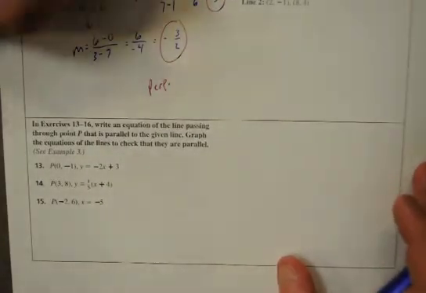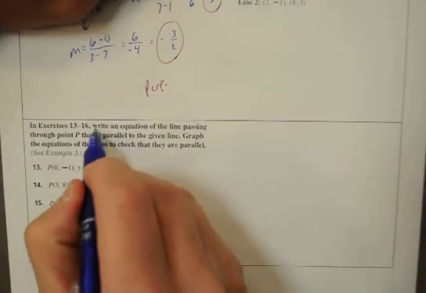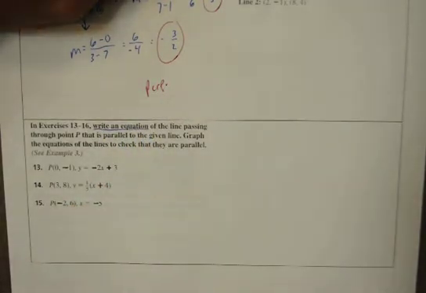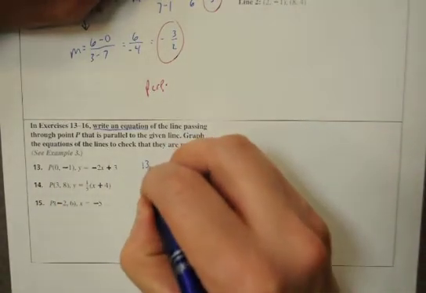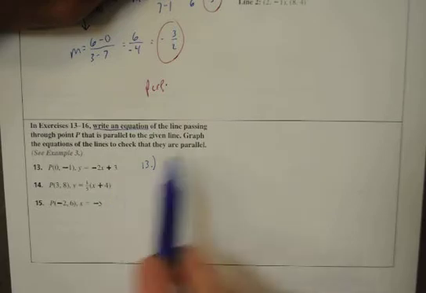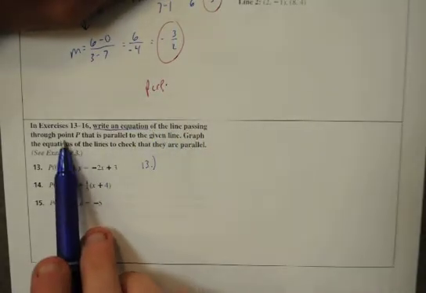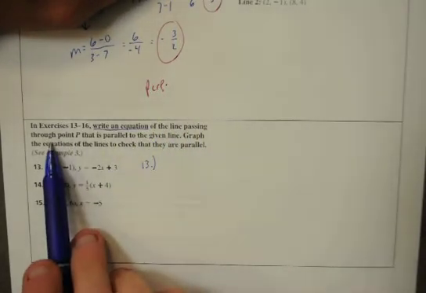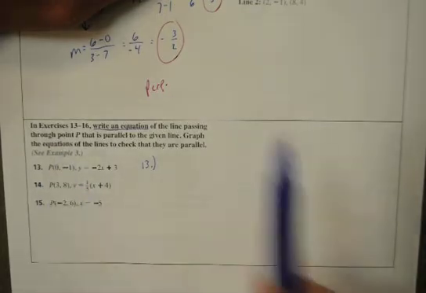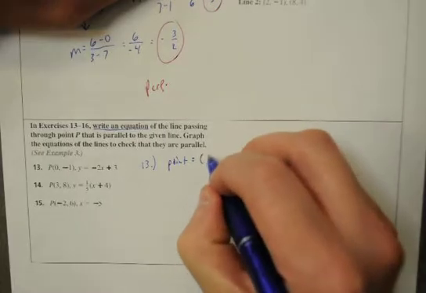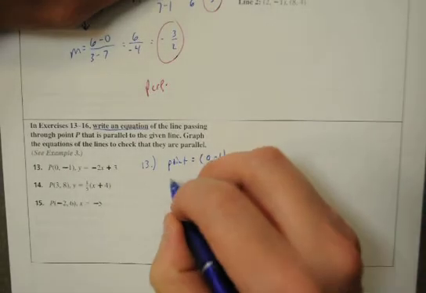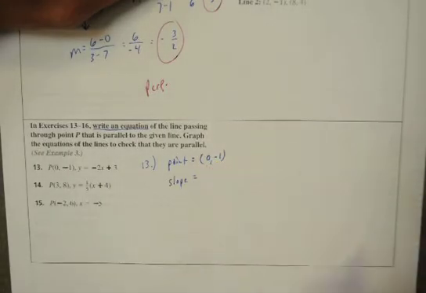Number 13 says write an equation. Do I have a graph? No, I don't. I'm going to use point slope form for number 13. Here's 13 right here. Okay, let's keep reading. It has to pass through the point P. So there's our point. The point is 0, negative 1. And the slope has to be